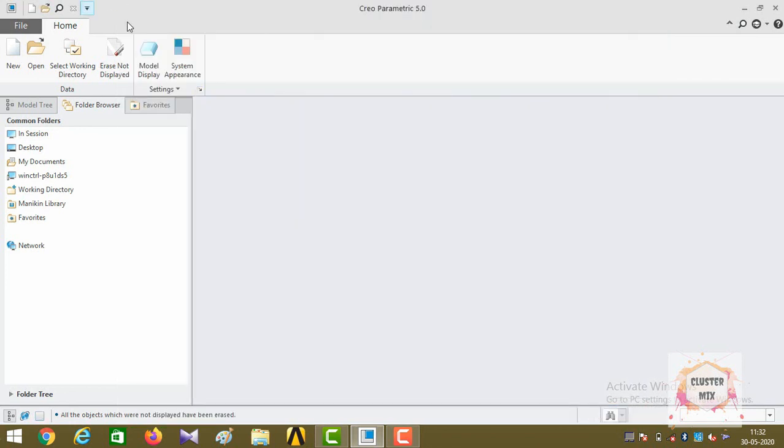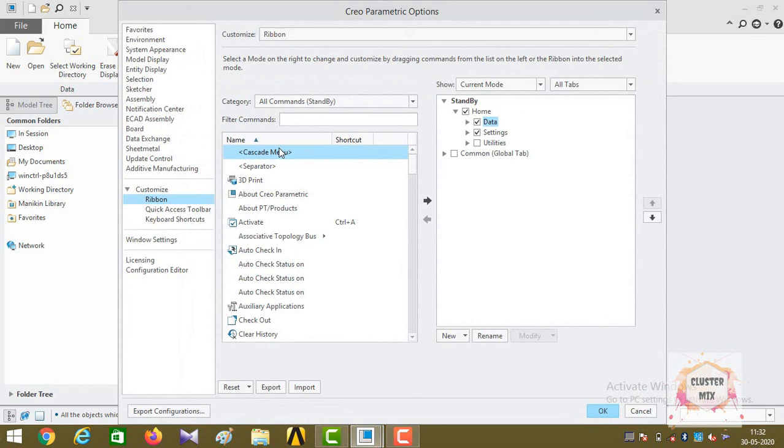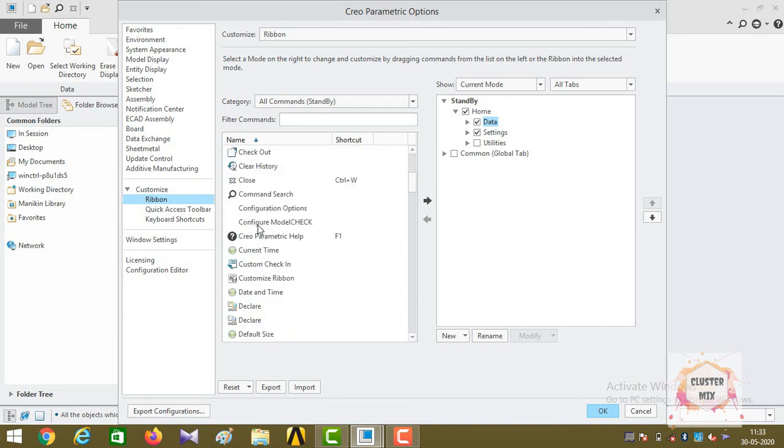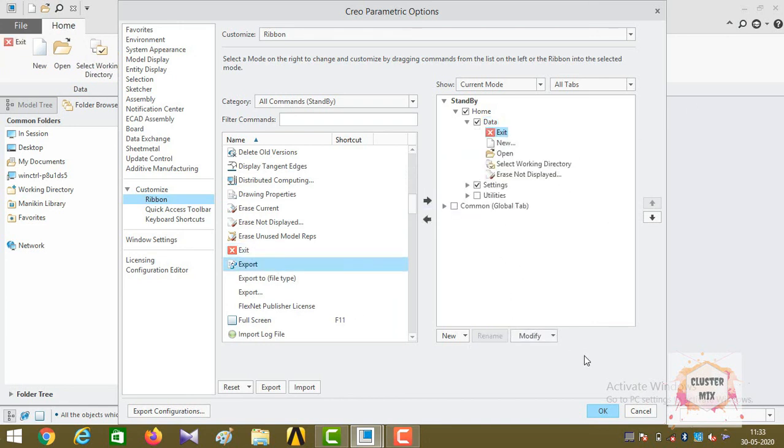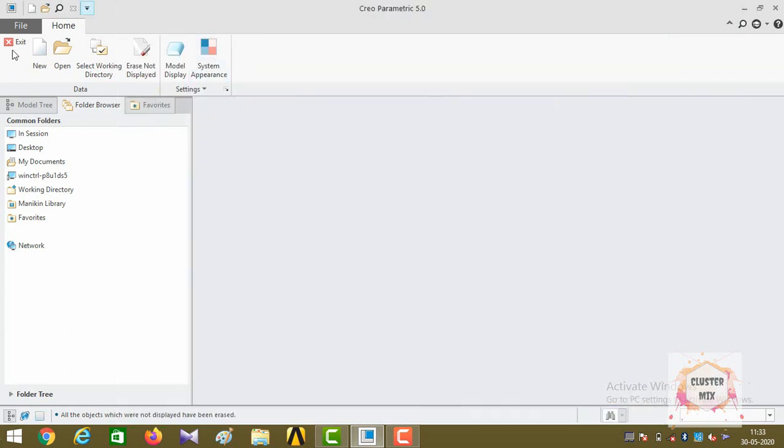Now let's talk about customizing the ribbon tab. To customize the ribbon tab, right click on it and click on the customize the ribbon option, and it will display the options, and same as the quick access toolbar, you can import or remove the existing commands in the ribbon tab. For example, I just want to import a command called exit. So click on exit and press the right direction key again on the computer screen, and you may see that it is successfully imported. Click on OK. You may see that it is successfully imported.